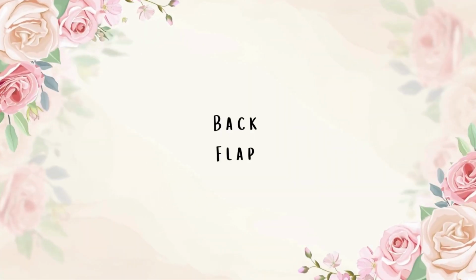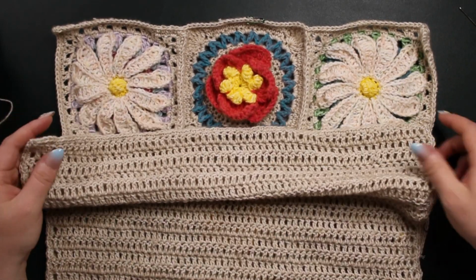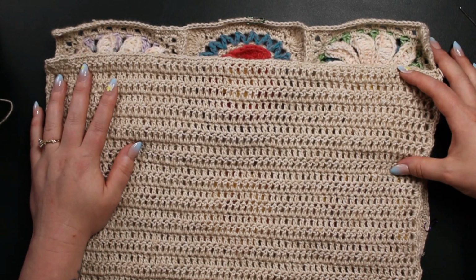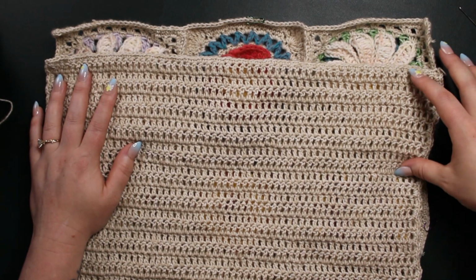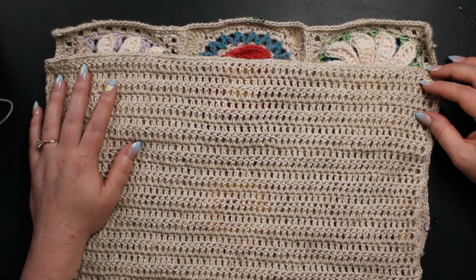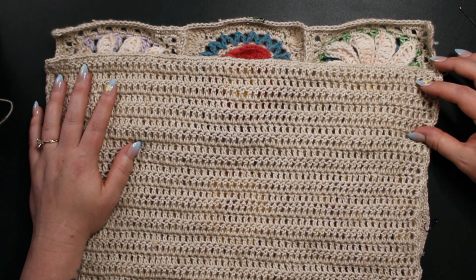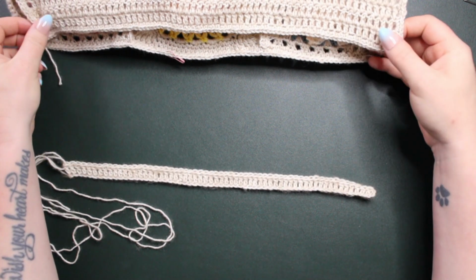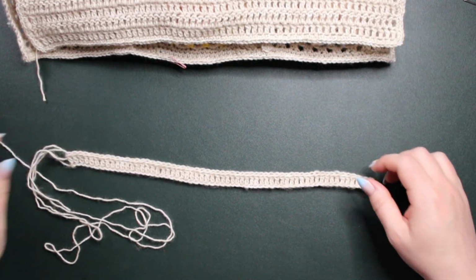And now we'll get started on our back flap. And really we're going to make our flap by decreasing at the beginning and end of each double crochet row, except the first row. The first row will just be normal, and we'll do it for the amount of rows that'll equal half the amount of rows of our back panel. So 15 is half for me because I had 30 rows of my back panel, so I need 15 rows